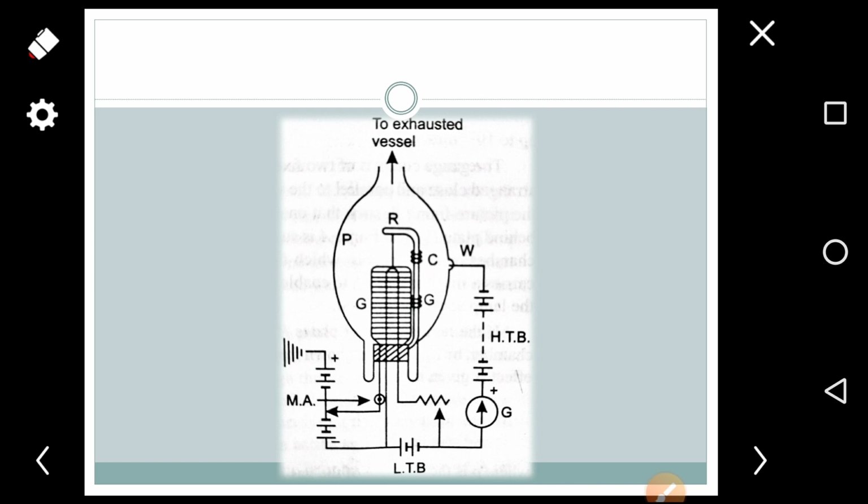To prevent any metal film formation on this glass rod, here we have two collars. These collars can move freely along the rod and thus remove any metal film formed. This bulb is open at the top and put in connection with the evacuated vessel in which the pressure is to be measured.